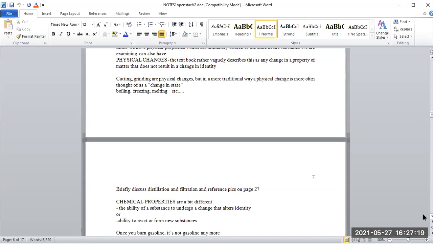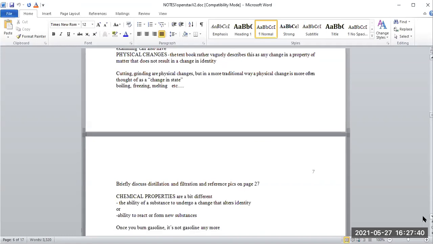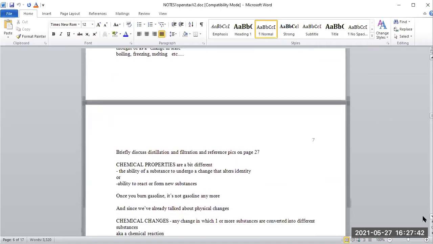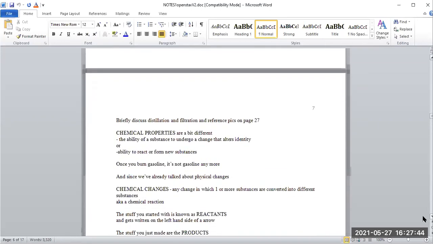If you buy a gallon of distilled water from the grocery store, this is what they did in order to get rid of impurities. Filtration also involves physical changes, and there are some other things you can look at there that are all related to lab topics. All right, so then we switch from physical to chemical. Now, chemical